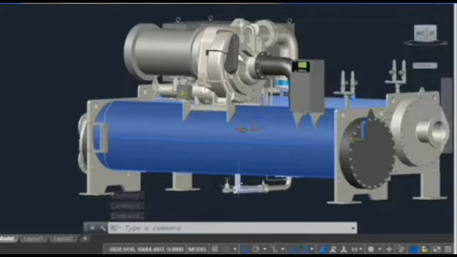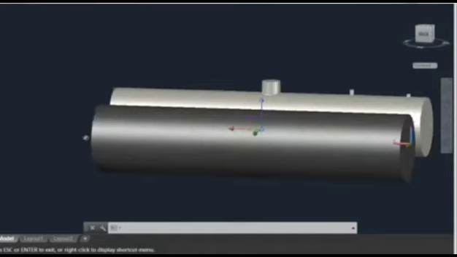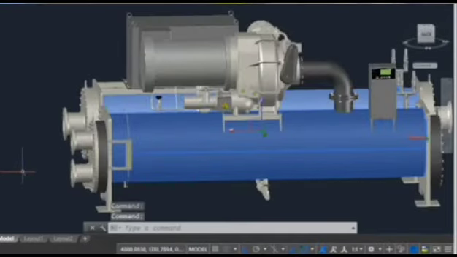Here we have the evaporator. It is located between the expansion valve and the compressor. Its purpose is to collect the unwanted heat from the water coming from the buildings. The return from the buildings enters the evaporator at around 14 degrees Celsius, where it gives its heat to the refrigerant, and then exits the evaporator at around 4 degrees Celsius, which is adequate